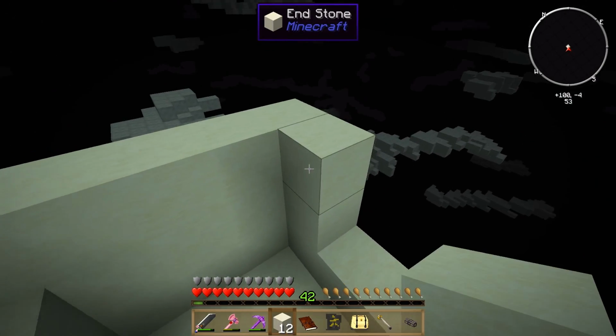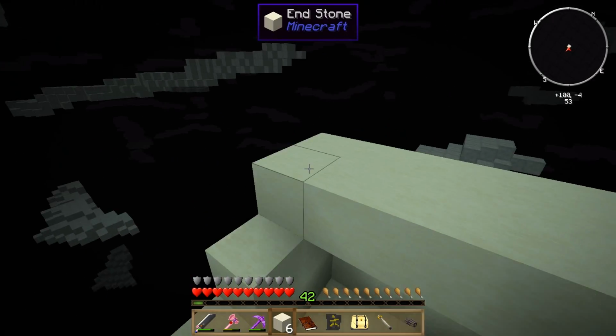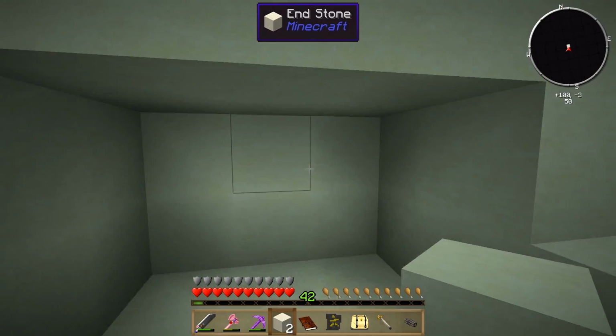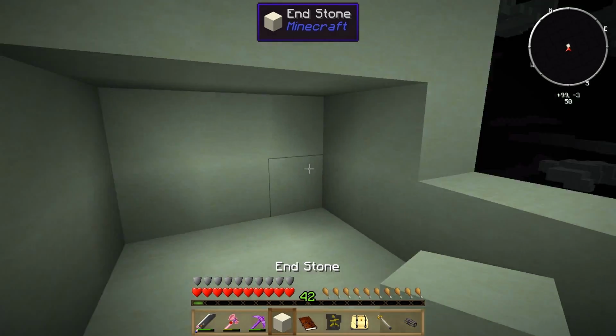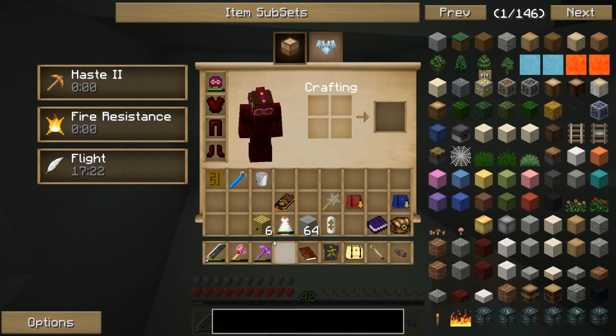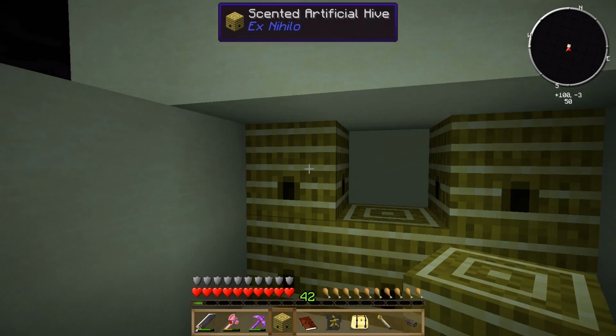I brought 6 hives. I hope that isn't enough. Really hope that's enough. Okay, so this area right here should be good. I've only got 2 pieces left. I might as well just go ahead and put them down, because I believe the more end stone in the area, the better. Depends on the bee. So if I go ahead and toss these guys right there,